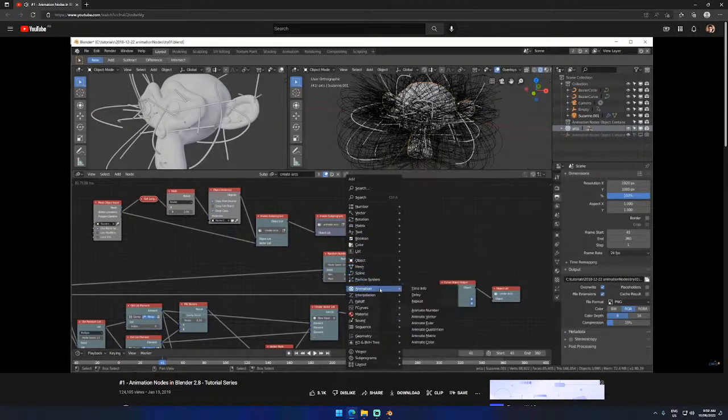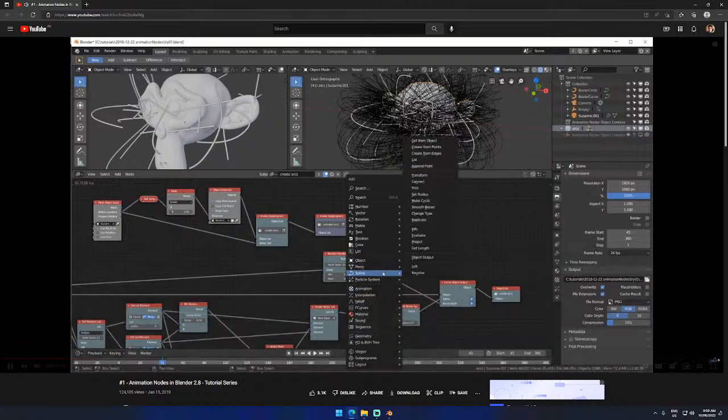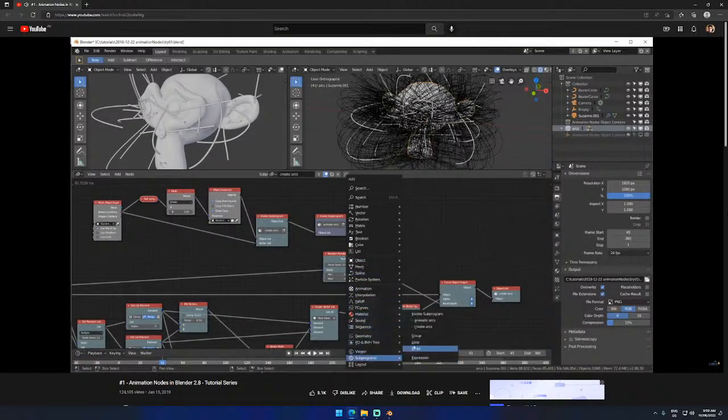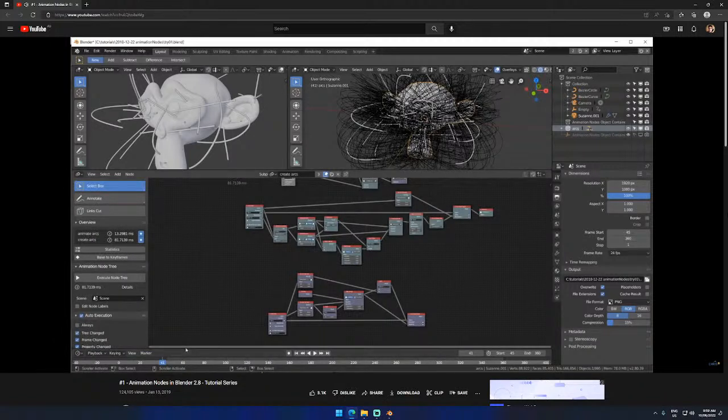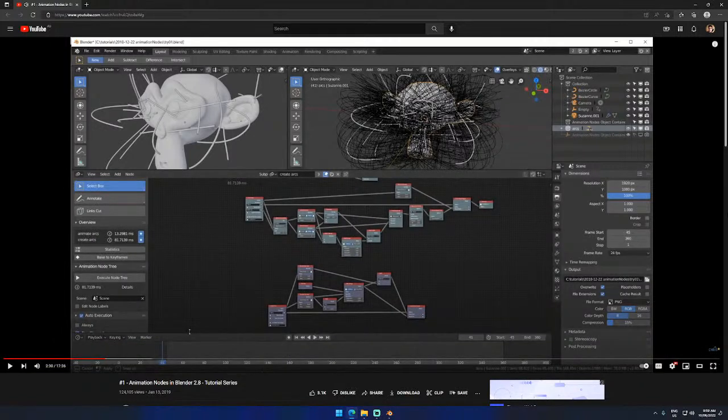For people who are familiar with programming, procedures, functions, and loops, animation nodes should not be too hard to get into. The great thing about Blender in general, and animation nodes in particular,